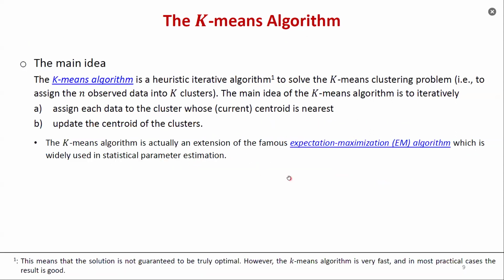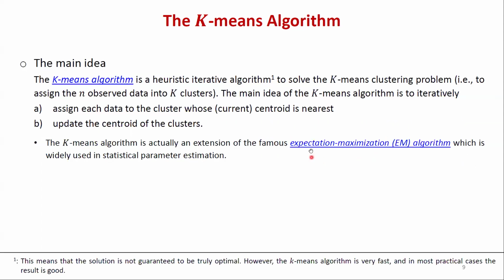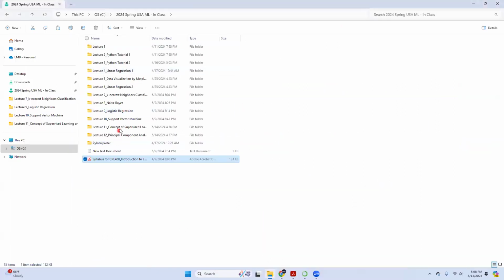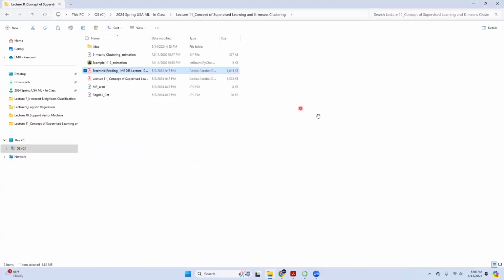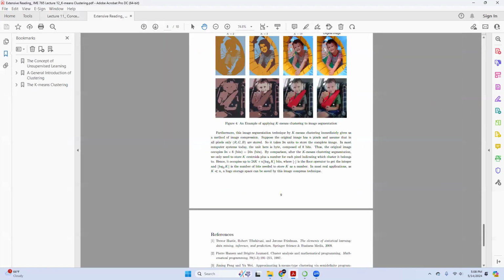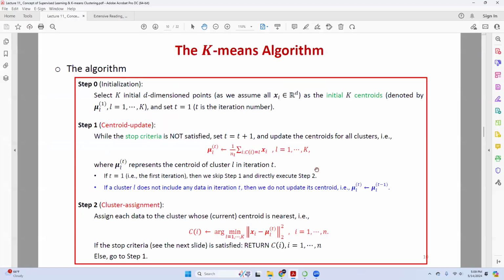I'm not sure whether you are familiar with the EM algorithm, but it's super famous in many statistics-related subjects. I don't think I included it here, but if you're interested, you can simply search for it.